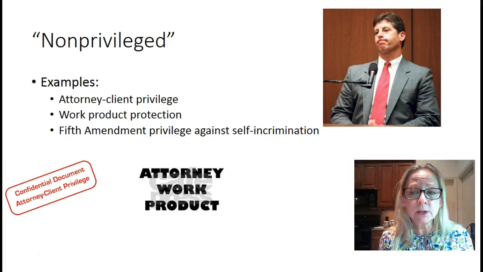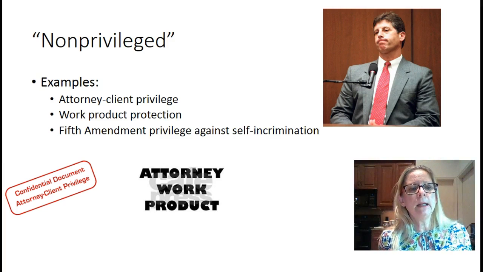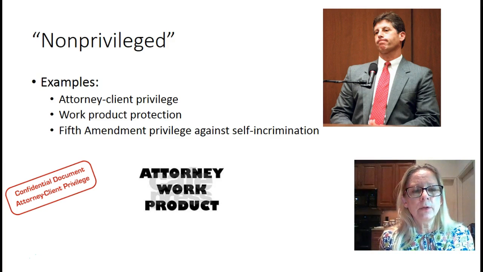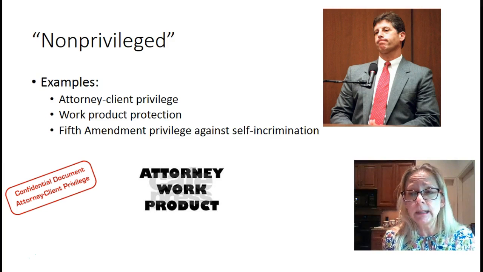So I'm not going to spend a whole lot of time on non-privileged, because I'm hopefully going to do a separate video on that, or else go through it in class. But some of the most common types of privileges that parties can interpose in response to a discovery request are, first of all, the attorney-client privilege. Secondly, the work product protection, lawyer's work product. And third, your Fifth Amendment privilege against